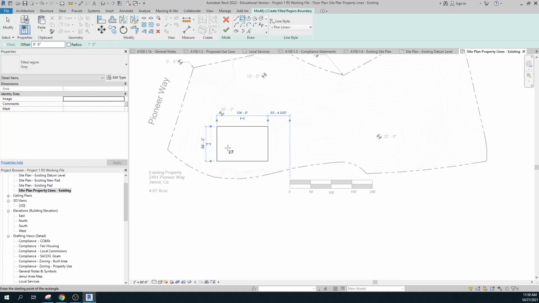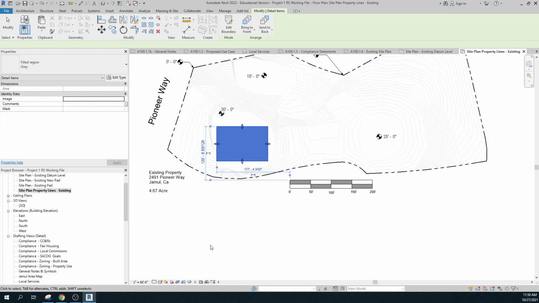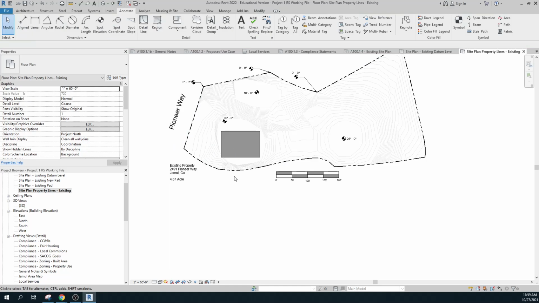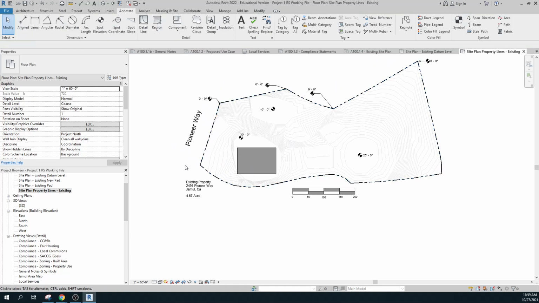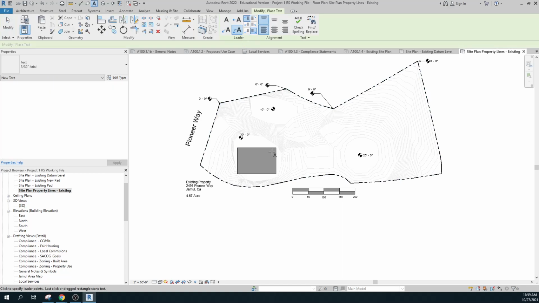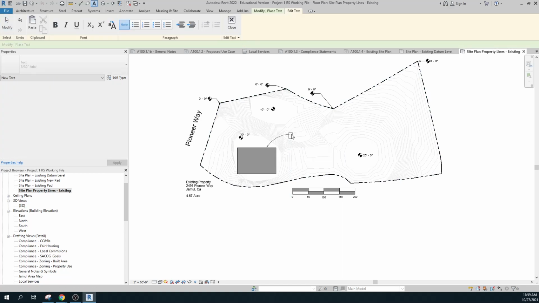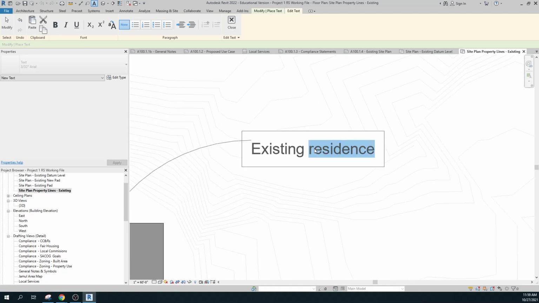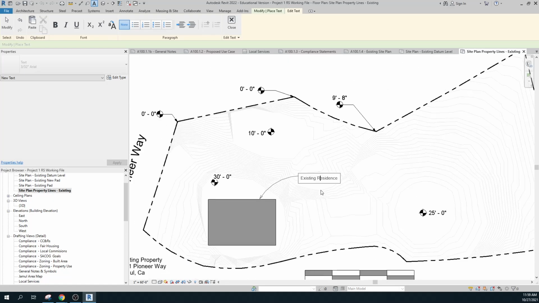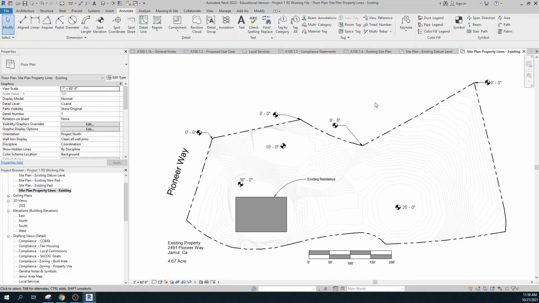It doesn't have to be the residence, but you should kind of make it the right size, right? So this is your existing site plan, and this will say whatever is there that's existing. If there's other major existing things on the lot, you want to just look